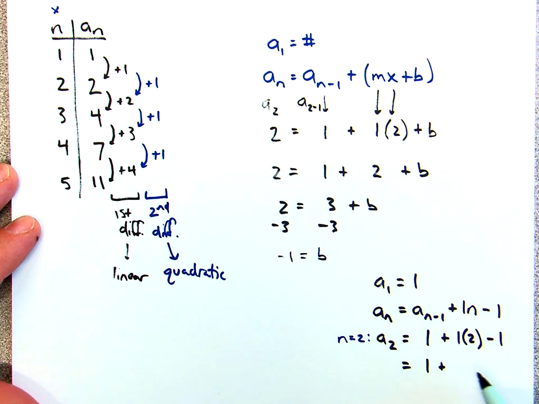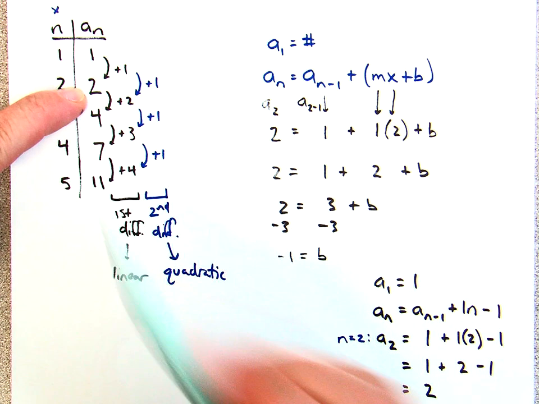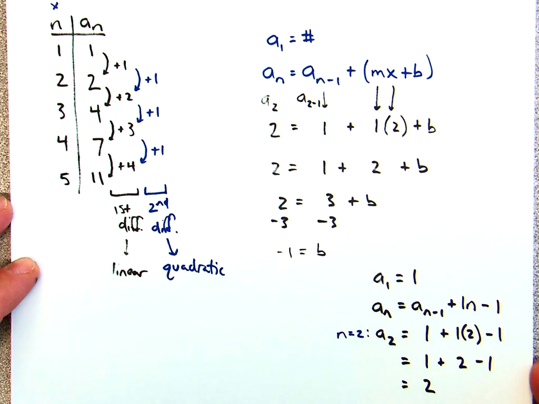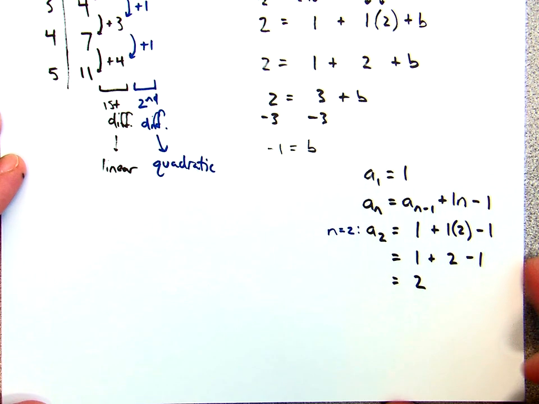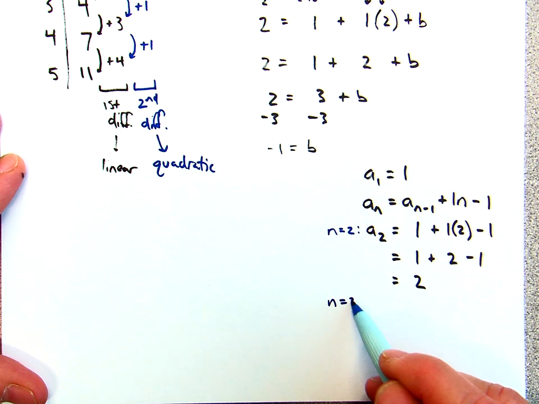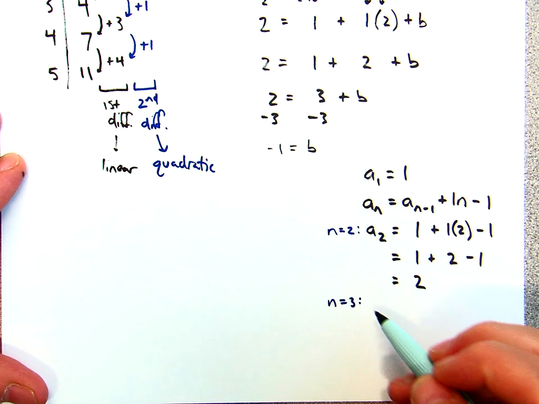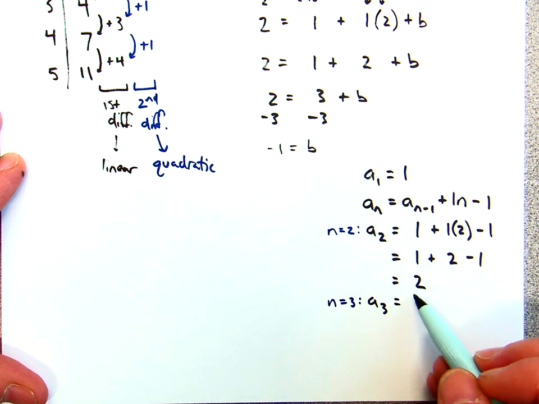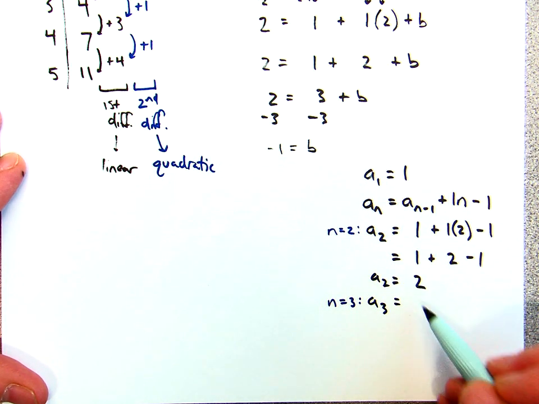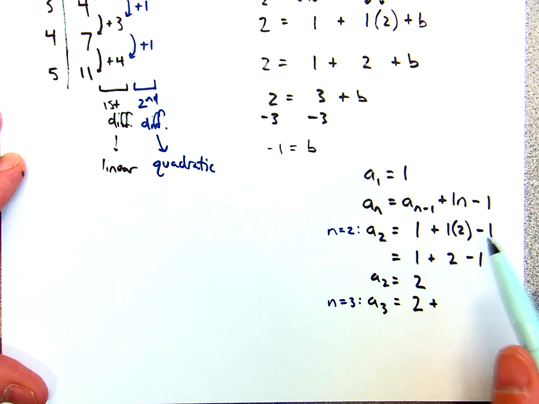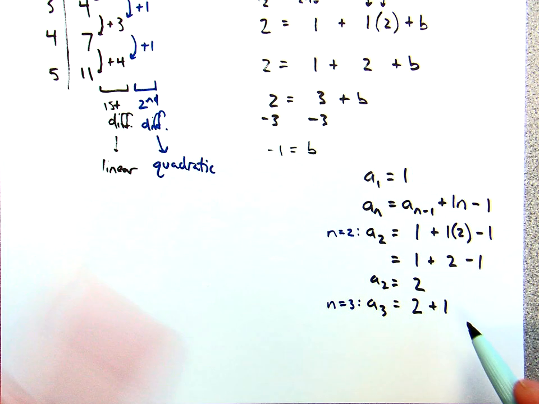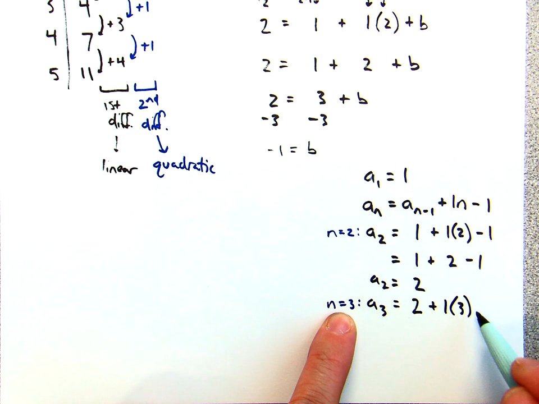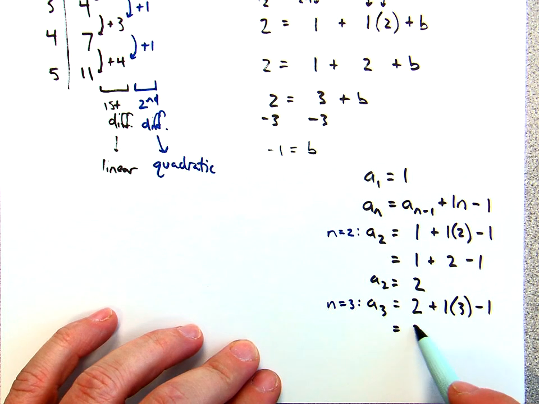So 1 plus 2 minus 1 is 2, which matches. And if I wanted to try the next value, let's say the third term, I can find the third term by taking the term before it, which was the second term. That's this guy, a sub 2. So I can take the second term, add 1n, so 1, and in this case 3 minus 1, so 2,